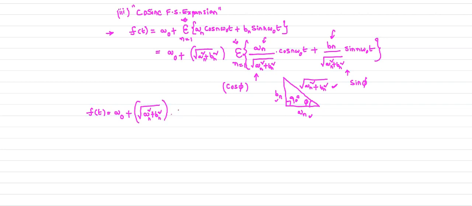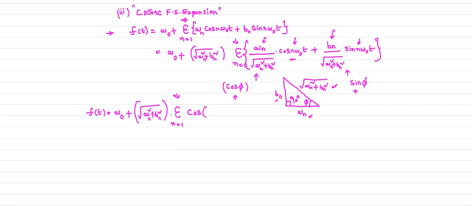So after that we have the summation ranging from n equal to 1 to infinity. And if we observe here, let us consider this is your cos a and this is your cos b. Sin a, this is your sin a, this is your sin b. Now what is the expression of cos a cos b plus sin a sin b? It is cos of